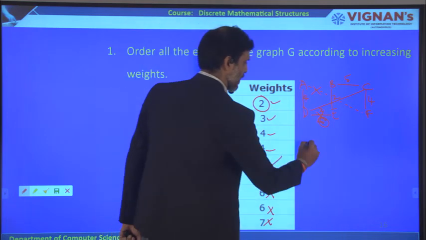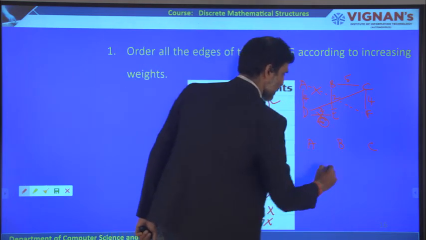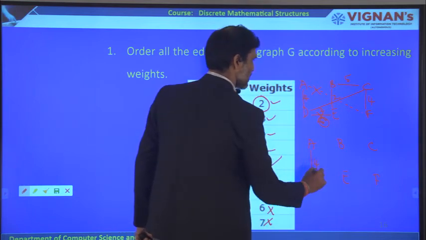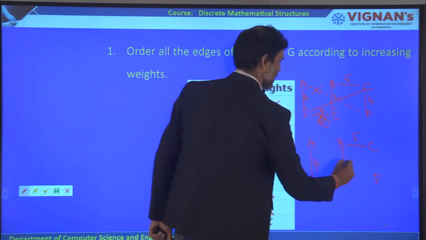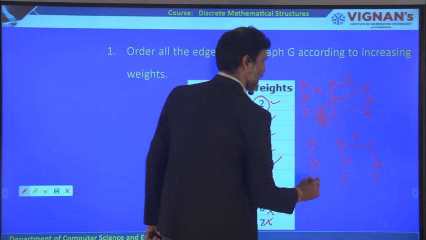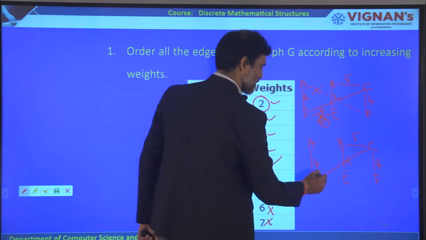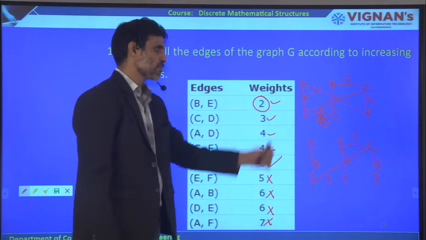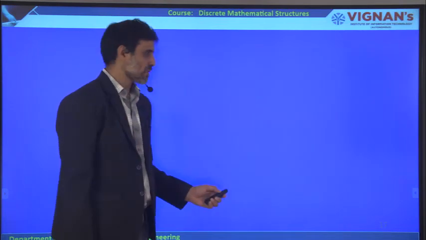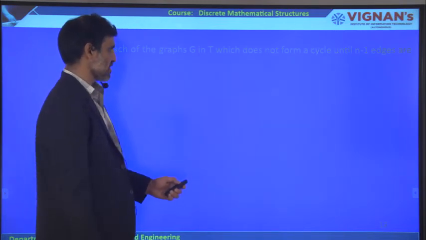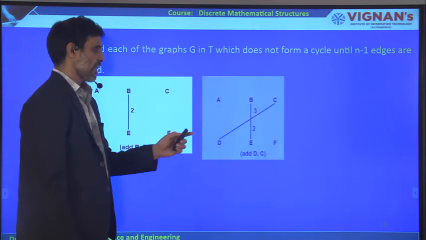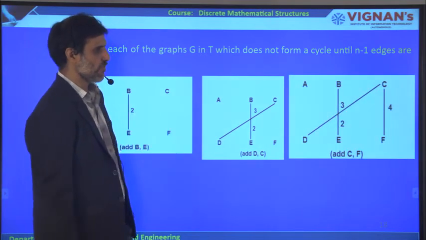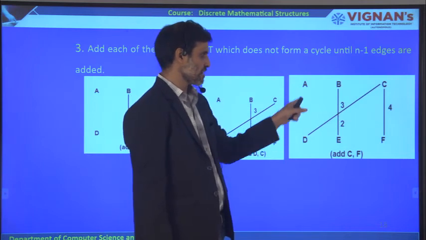So what is the final one? A, B, C, D, E, F. What will happen now? There is an edge with this. Here you can take 5, here you can take 2, here you can take 4, and then you can take, what? Here it is 3. So like this we will get one spanning tree. Like that you can get any number of spanning trees for the given graph. So this is Kruskal's algorithm which I have given. This is the initialization step, and then you have to add first this edge and then go with this edge, and then what? You have to take C4. Previously I have taken AD first, and then I have taken C4.